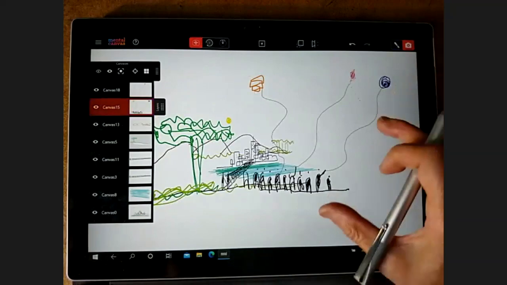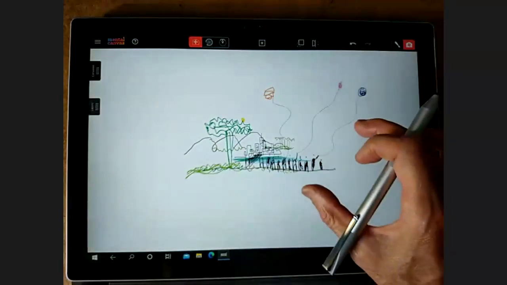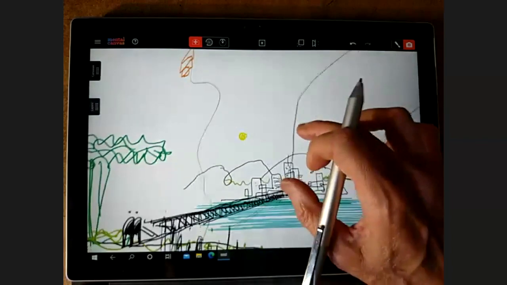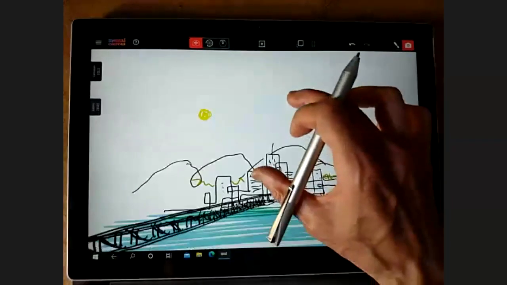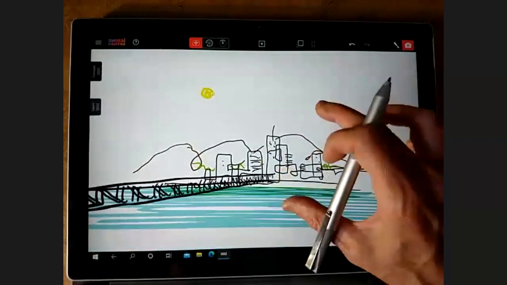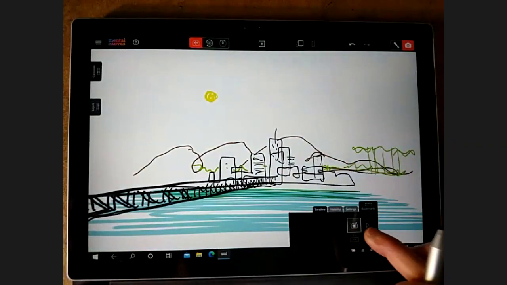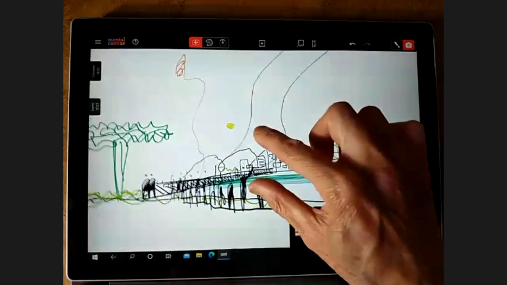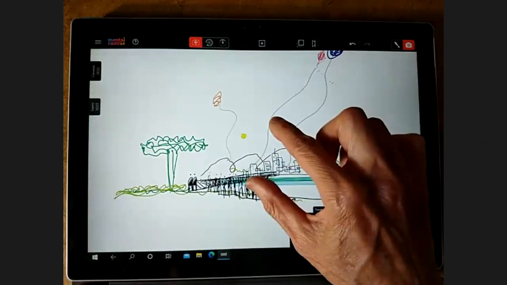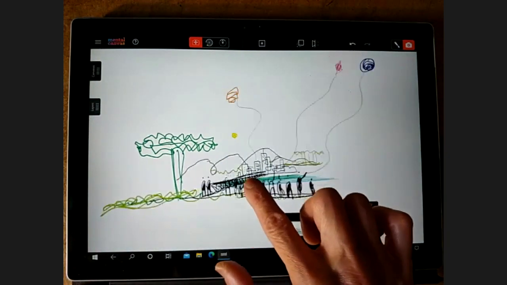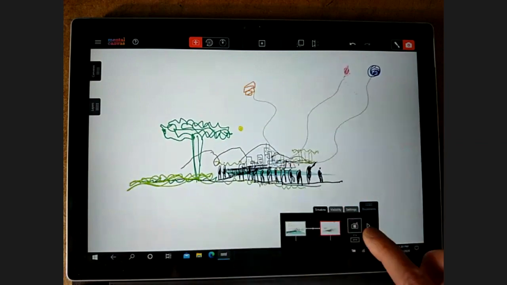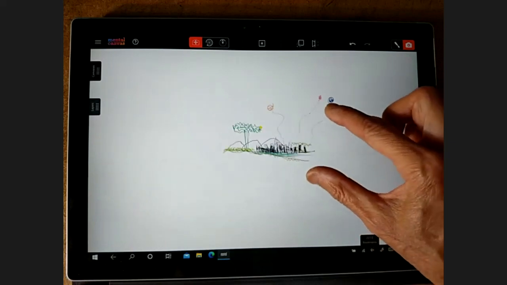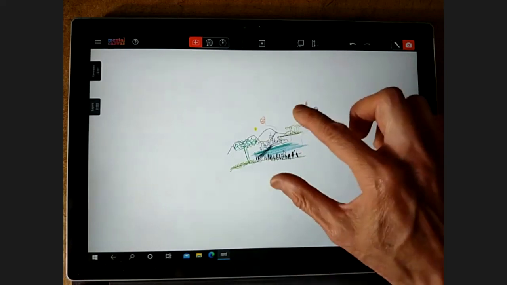Another thing that I love about this is that you can actually create a fly through. So you can actually start creating a story, a sequence, like movie making. I love this, you know. Yeah. So along the bottom here, Carol is just selecting some views of her drawing. And another thing that I love about this is that you can play with scale. So, you know, you can kind of